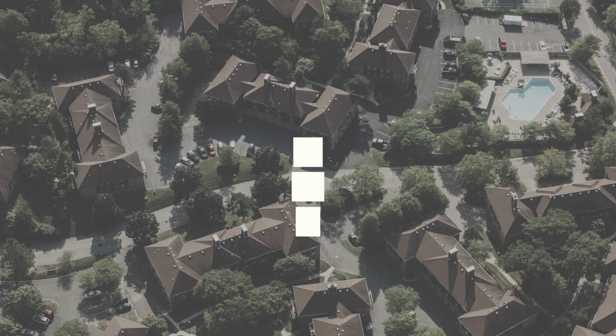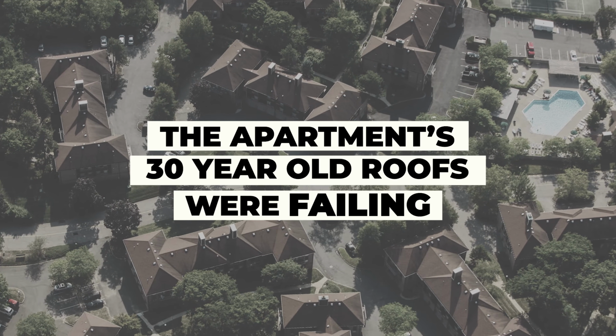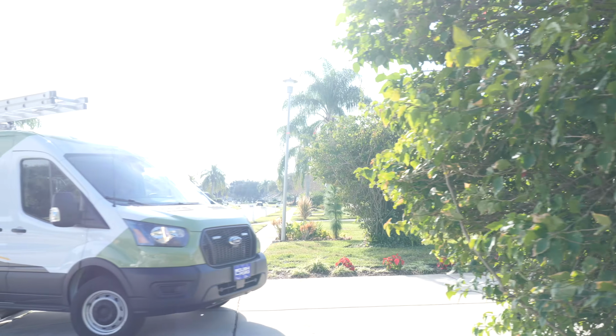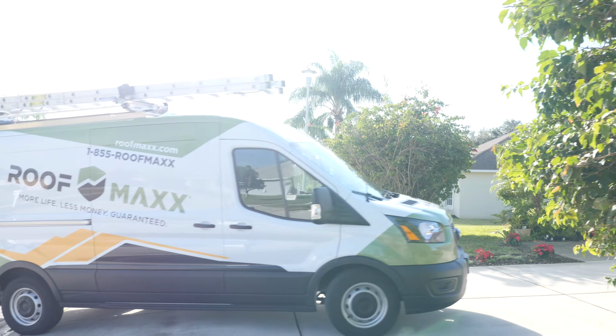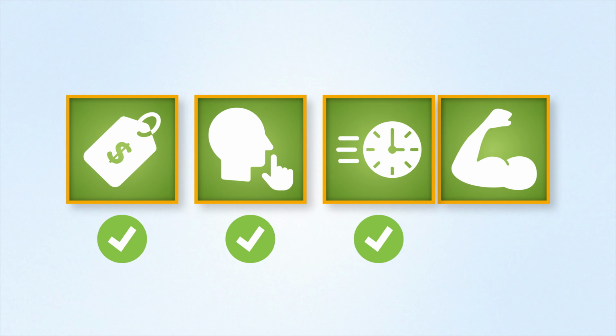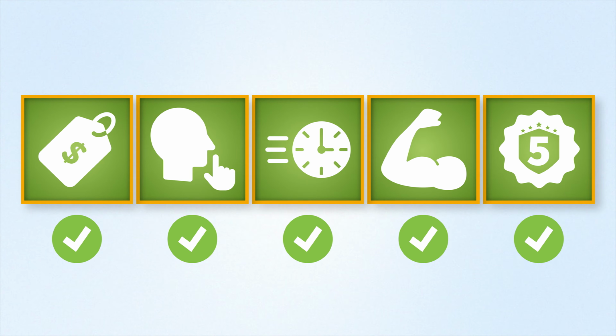So 5 years ago was when we first started looking at the roofs as a general project. One of our roofers mentioned, hey, you should look into Roof Maxx because it's a product that is not invasive to tenants. It's a very quick application and it actually extends the life of the roof and gives you a warranty. So it checked a lot of boxes, at least initially,